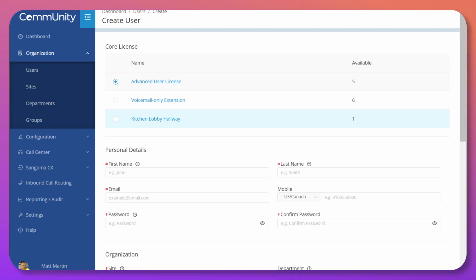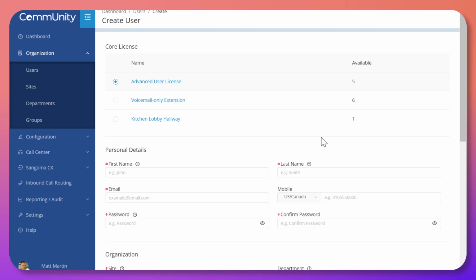space environments. Note the setup options here will change on the screen as you switch license types depending on the available features. It should be noted that you first need to have license types available to you, as you can see here with the available licenses for each user type.